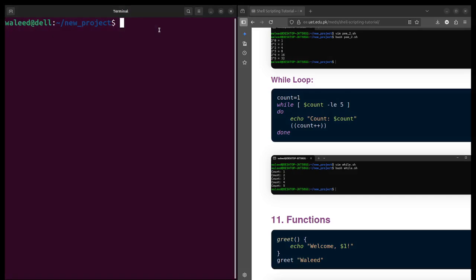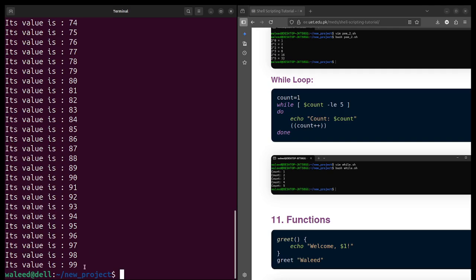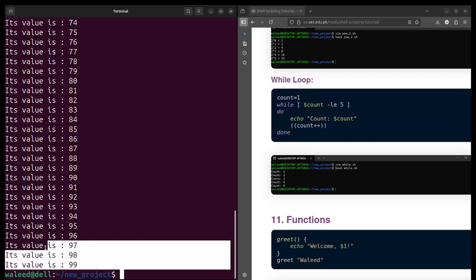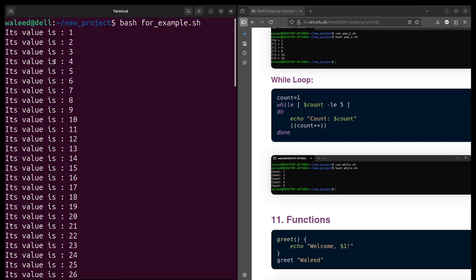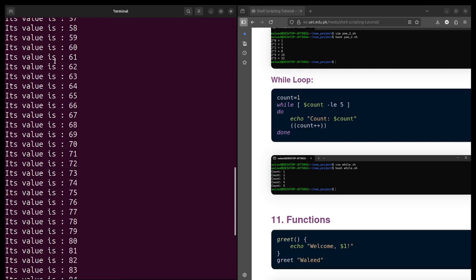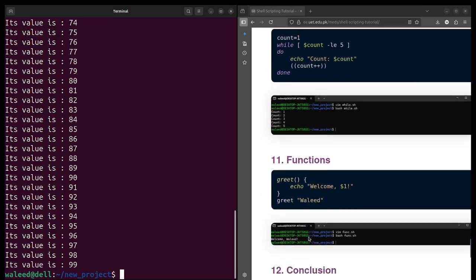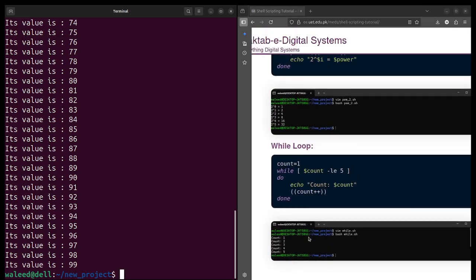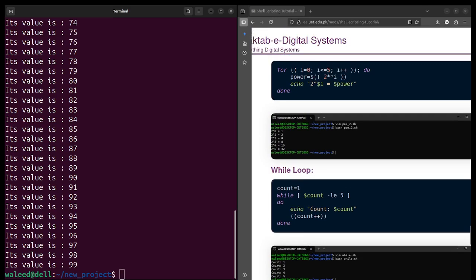So if you simply run it, you should get numbers from 1 to 99, and here these are. Its value is 99 starting from 1. So in short, you may use while or you may use for.